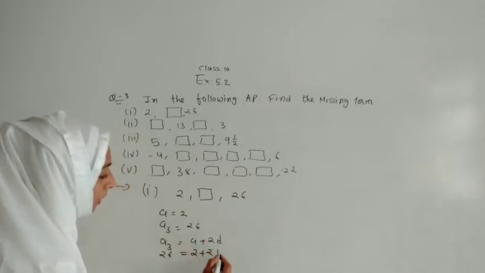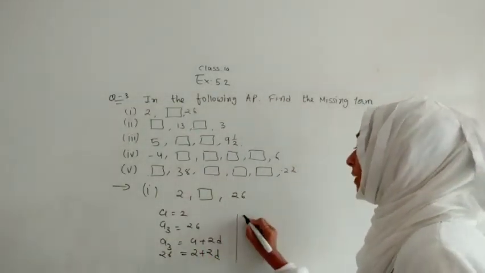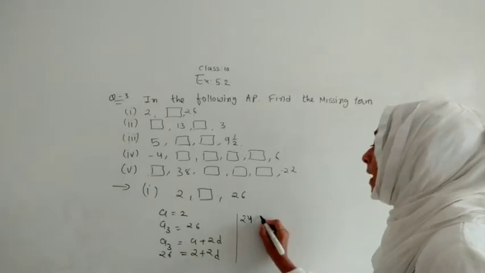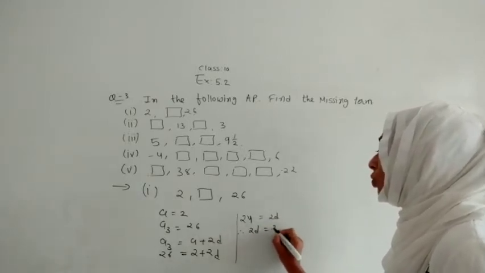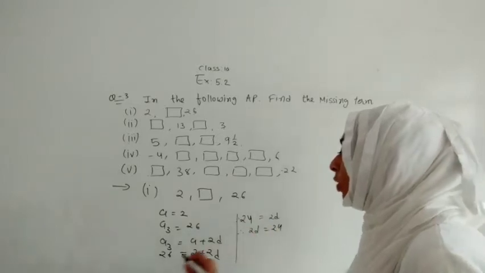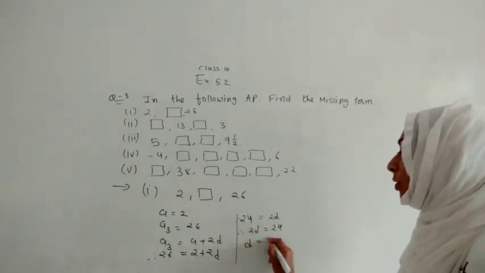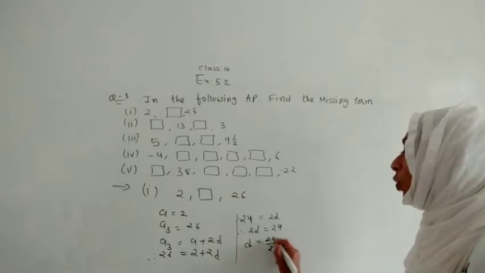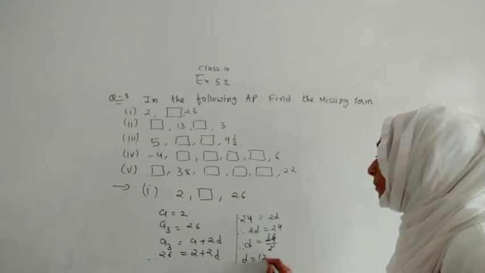So we do not have D, so we will find that D. How? We will shift that 2 over there, so it will become 24. And that is equal to 2D. So here we got 2D is equal to 24. So what we will do? Here we will take that 2 down. So it will become 2 1s are 2 and 2 2s are 4. So D we got as 12.